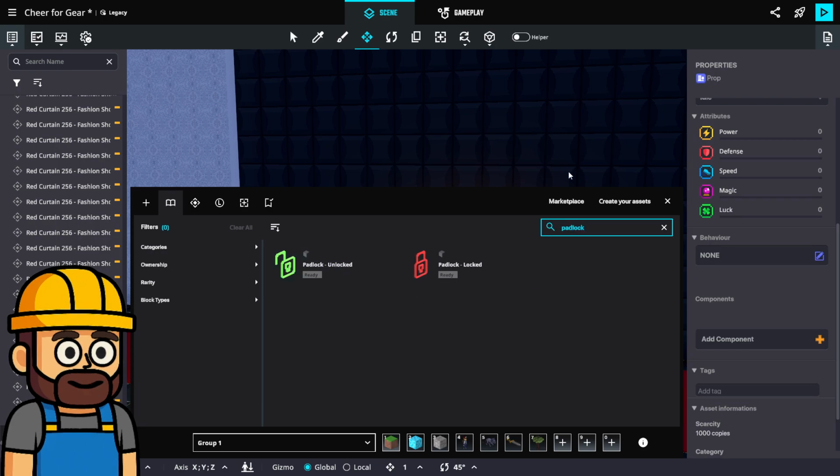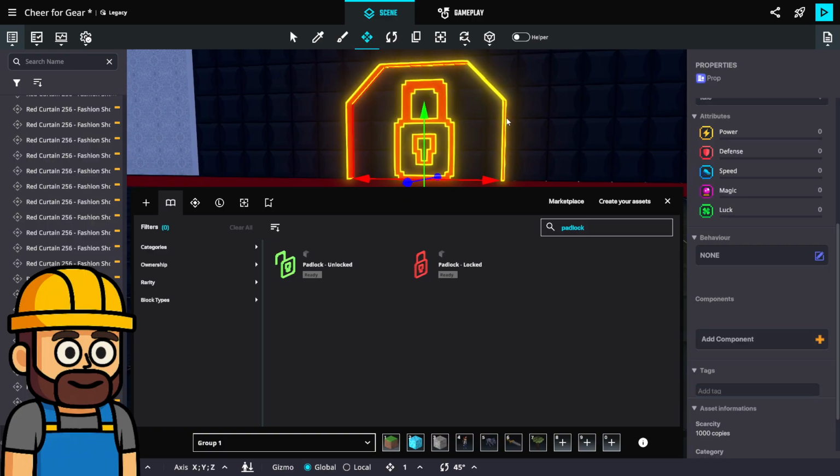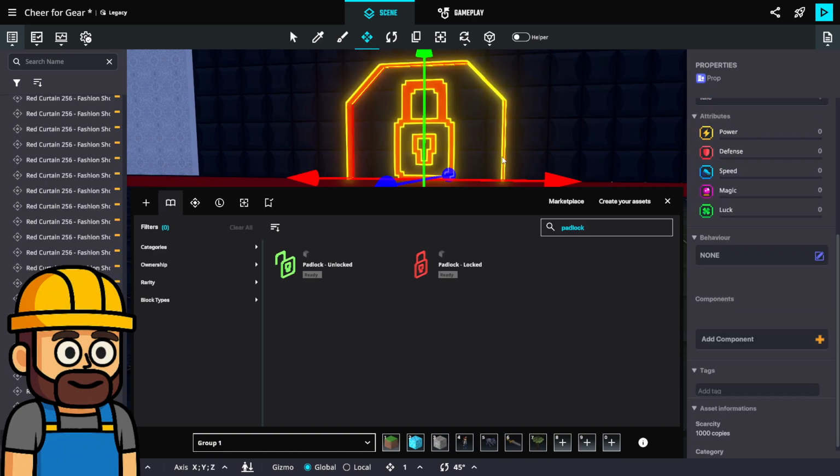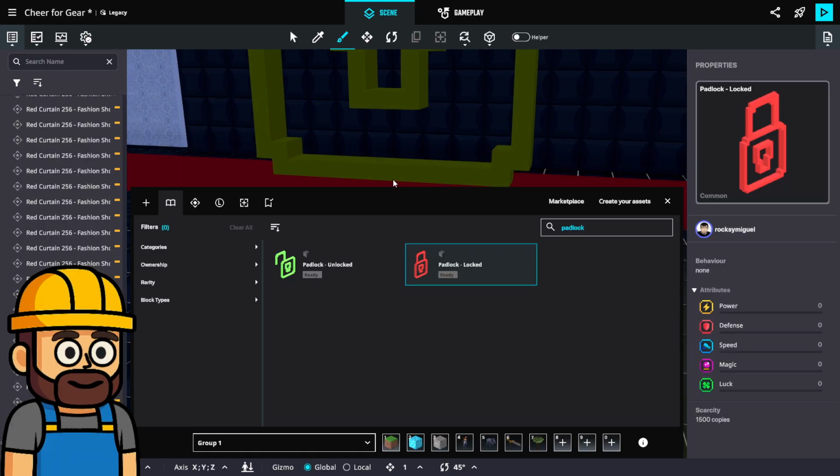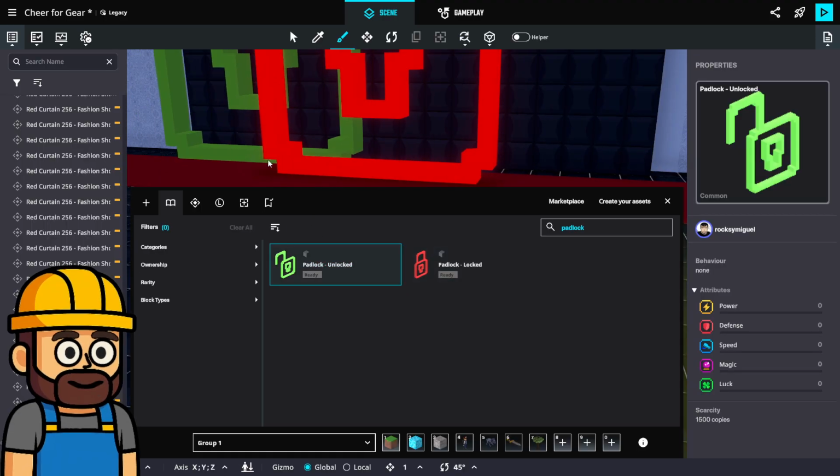Just use these two. Yeah, because they're giant.